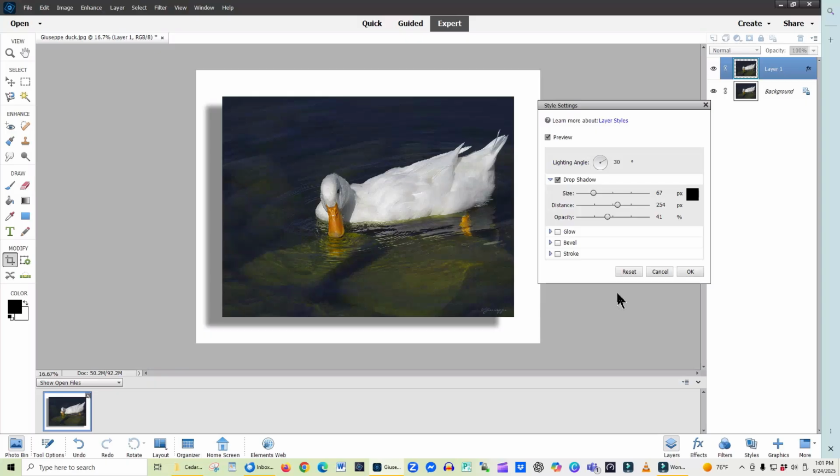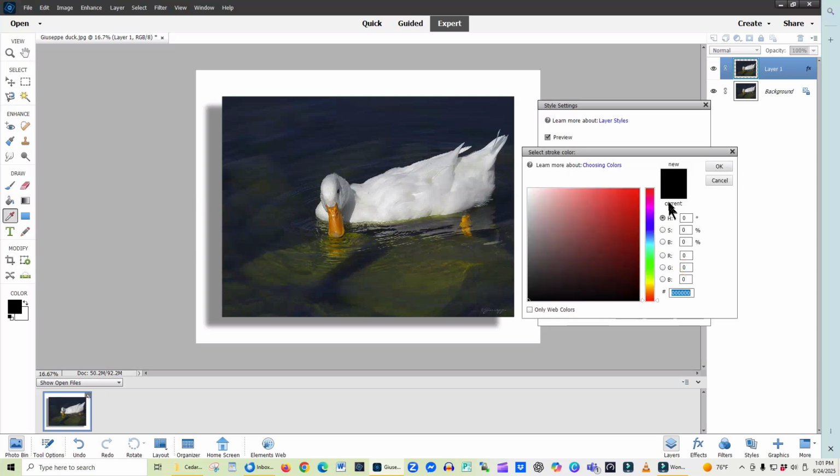If you want to go one step further, especially if you have a dark picture, dark on the edges, now this is a bonus, you can do it or not do it. The steps we've done is already how to create a drop shadow. But you can go one step further and choose stroke. And stroke, since we have